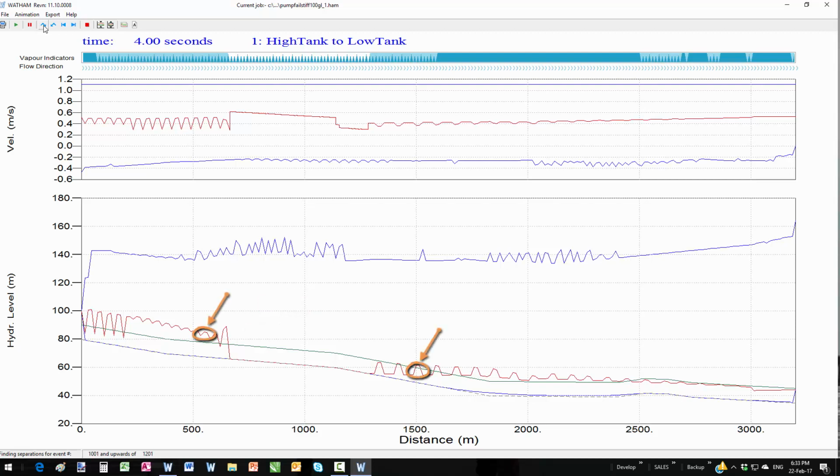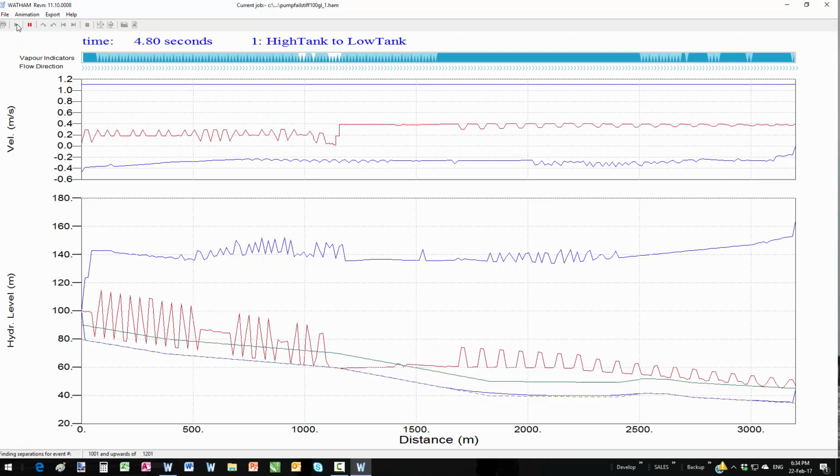These little spikes, wavefronts, radiating away from the points where the vapour is recombining with the adjacent water column, are created by the way the software models vapour pockets. I will come back to this subject and talk about it more in a later lesson. For now, it is sufficient to understand these little spikes as being unreal. Now, letting the simulation continue to run,